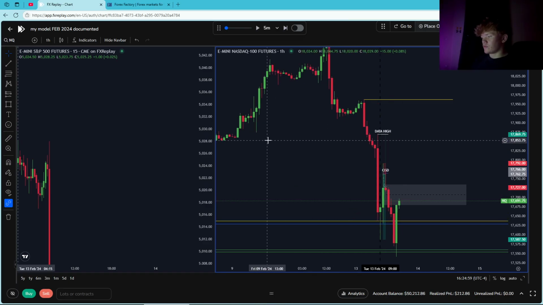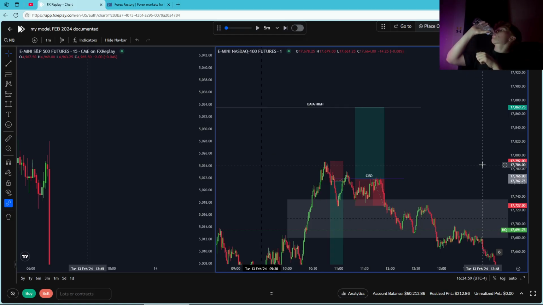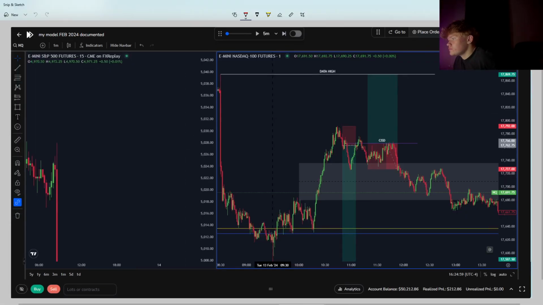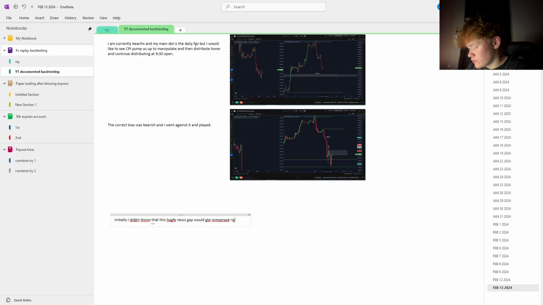Alright. Let's go through my trades. I don't like reflecting on my losing trade because it hurts. Okay, initially I didn't think that this huge news gap would first right after being created, which was correct. So I entered short after. Wow, I'm just selling everything wrong. It got dug into a good amount, and this trade would have ended up banging,